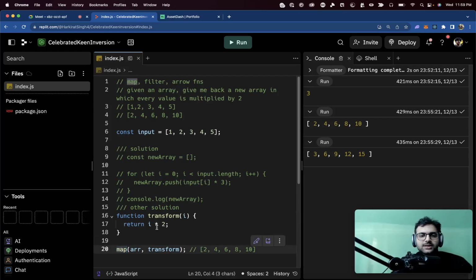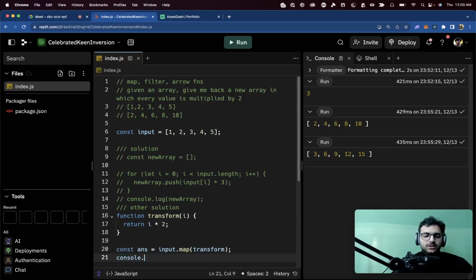Map exists as a function on the array class. So I can actually do something like this. By the way, this should have been input, but you get the idea. I can do something like this: input dot map transformation function. And that's all. Const answer equal to this, console.log answer. And now if you look at the output, it says 2, 4, 6, 8, 10, which means in just one